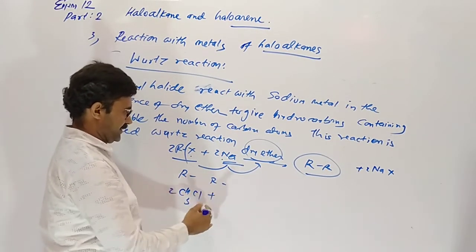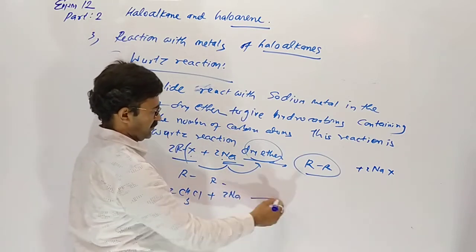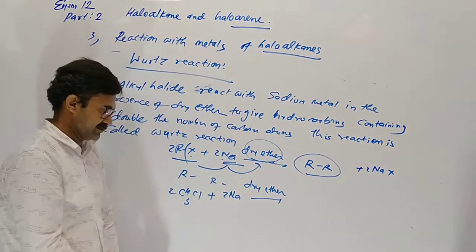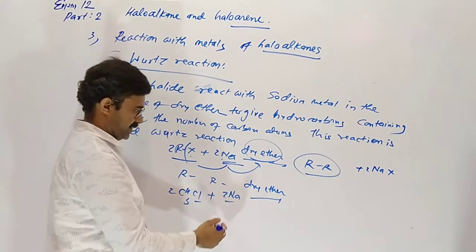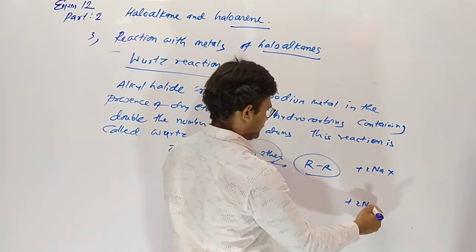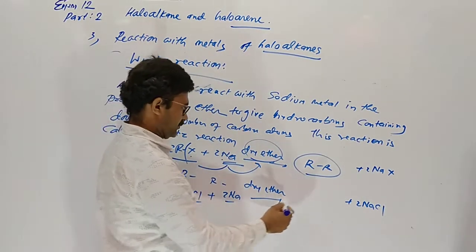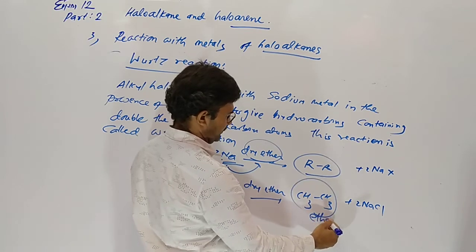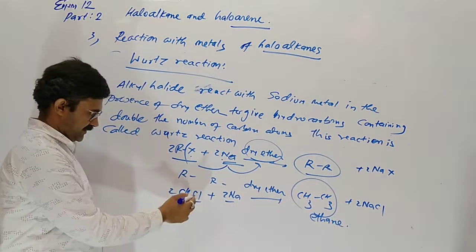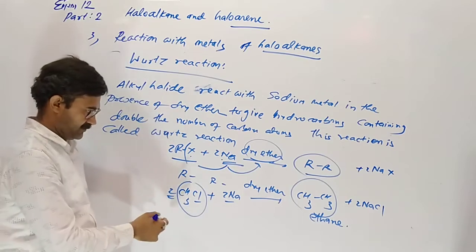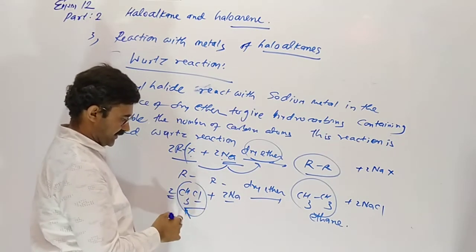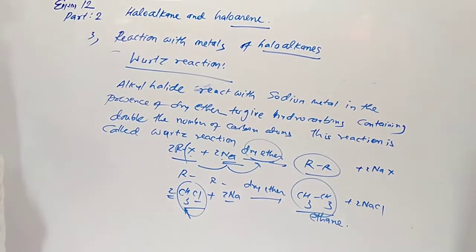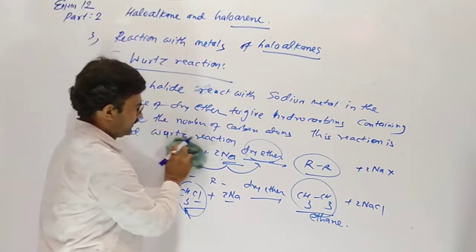Suppose methyl chloride is taken, with 2 moles of sodium. Take the screenshot. This reaction is not given in the book. 2 chlorine with 2 sodium gives 2 NaCl. So 2 methyl groups combine with each other, and it gives ethane. In methyl chloride, the number of moles is 2, but in one molecule there is 1 carbon. In one molecule of product there are 2 carbons. So it gives an alkane having double the carbons.